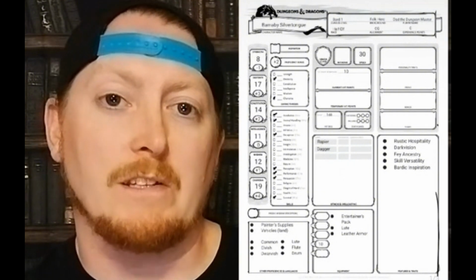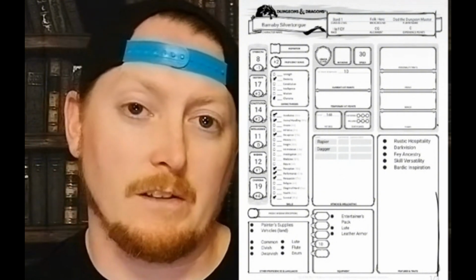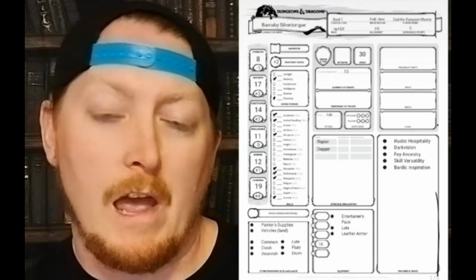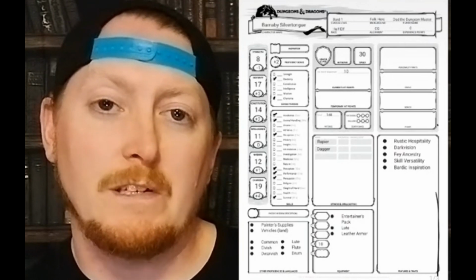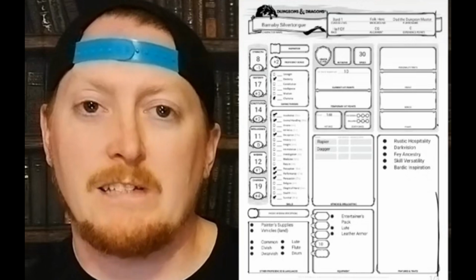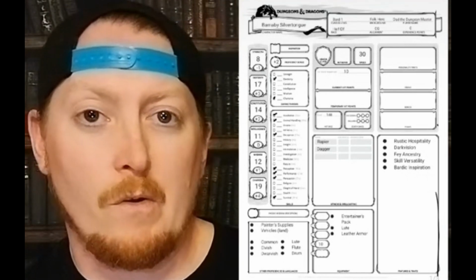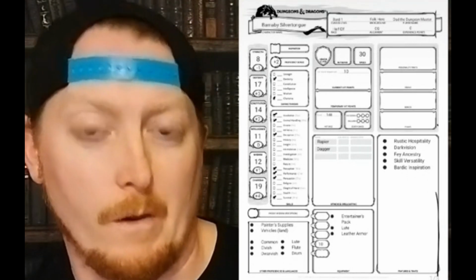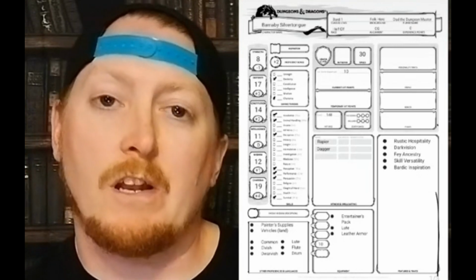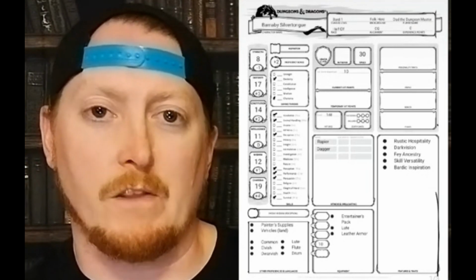If you have an ally within 60 feet and they can hear you, you can sing a little song, say some inspirational words, and what that mechanically does is it gives them 1d6 that they can add in the next 10 minutes to any attack roll, skill check, or saving throw that they want. They get it one time. And you get a number of those equal to your charisma modifier that you can give out until you take